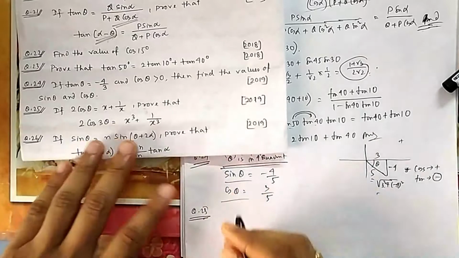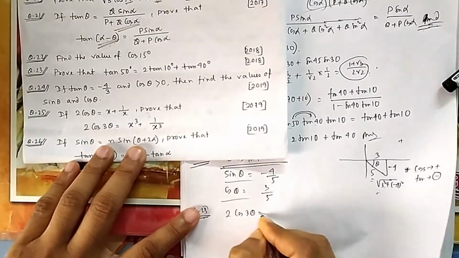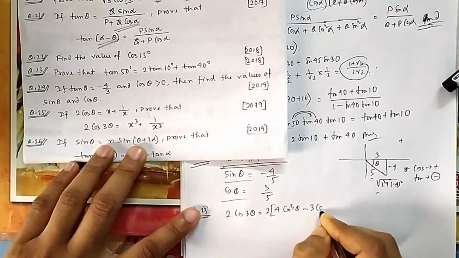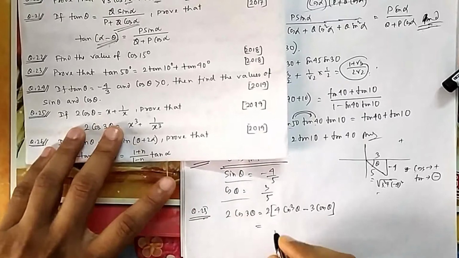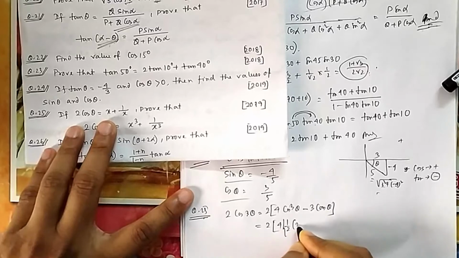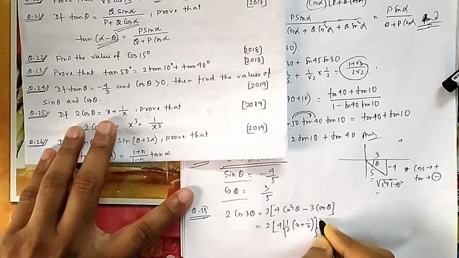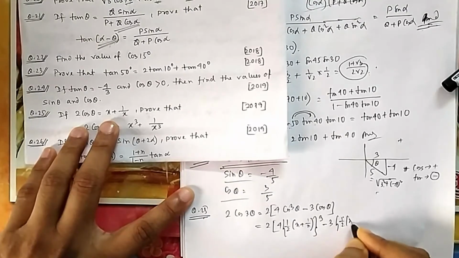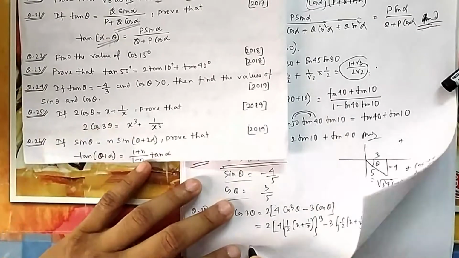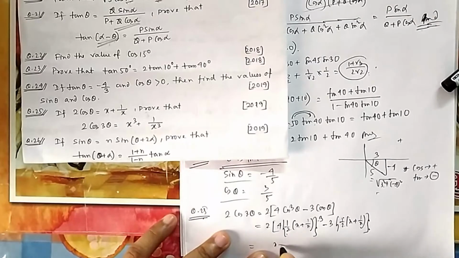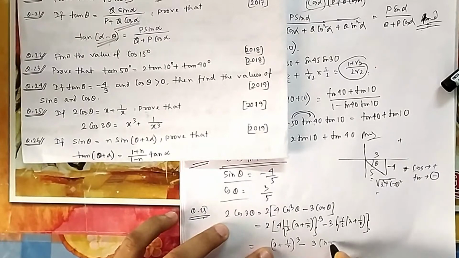So the cos 3 theta formula you apply directly. Cos 3 theta is 4 cos cube theta minus 3 cos theta, so 2 into 4 cos cube theta minus 3 cos theta. If you apply it directly here, 2 cos theta is x plus 1 by x, that whole cube, because cos theta whole cube, minus 3 into half x plus 1 by x. Now if you multiply with 2, it is 8, and 2 cube is also 8, so 8 will be gone, so it will be x plus 1 by x whole cube only, and here 2 will be gone, it will be minus 3 into x plus 1 by x.